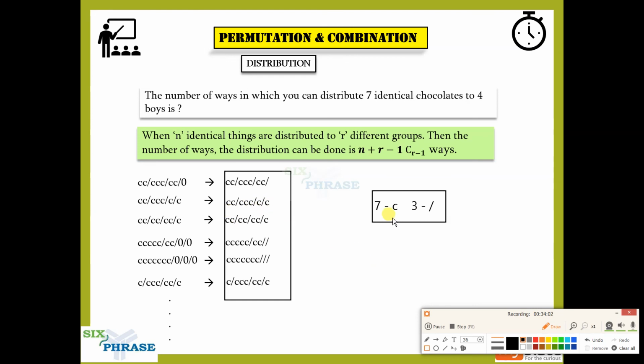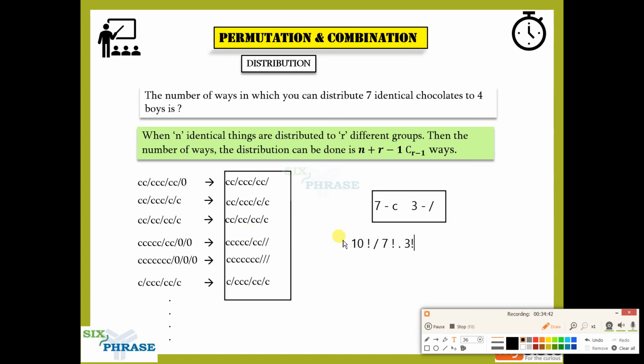So these 3 slashes and 7 C's keep permutating, they keep jumping to one another's place. That is permutation, right? Each digit keeps on jumping. So this is actually a permutation of a total of 10 characters, with 7 being the same C and 3 being the same slash. And you know how to do this, right? When you have such things, first you will do the total divided by, there are 7 same C's, so you will have 7 factorial, into there are 3 same slashes, so you will have 3 factorial. So this is how you find the value.